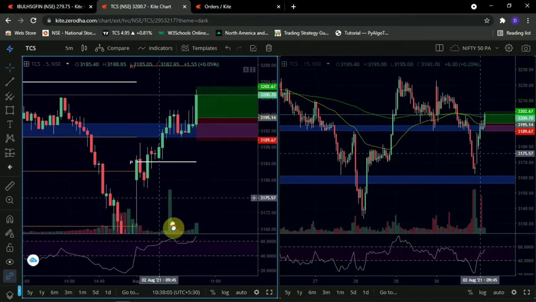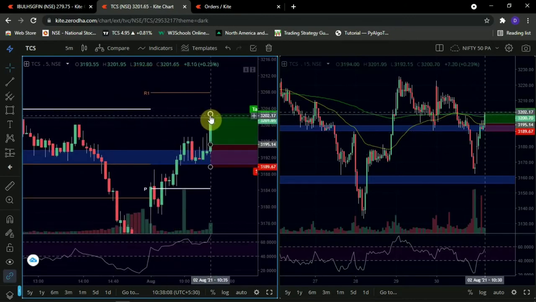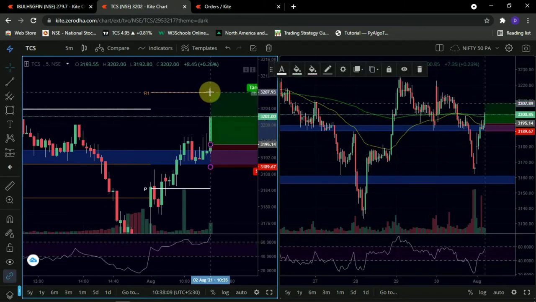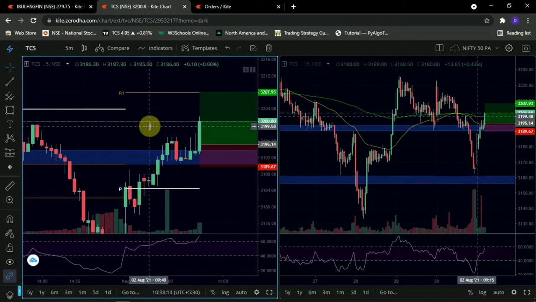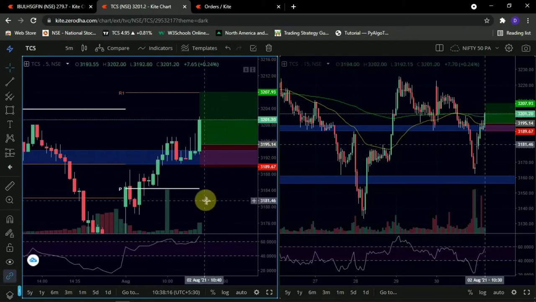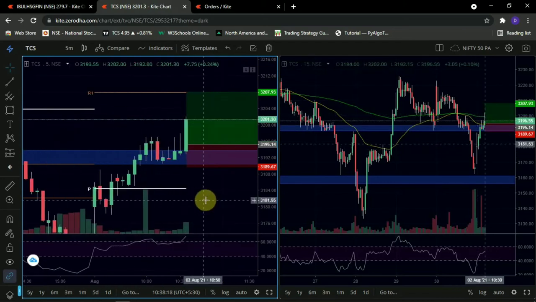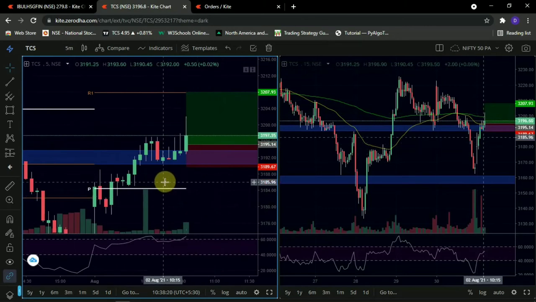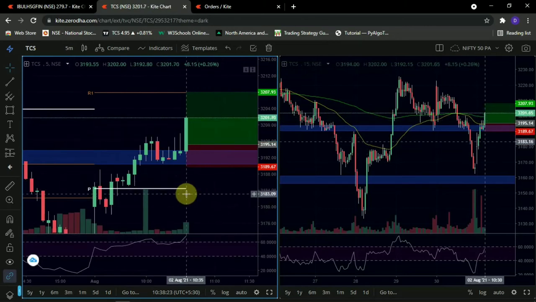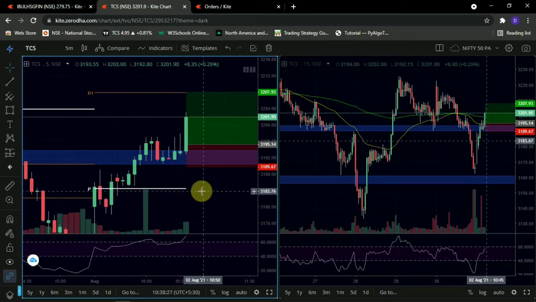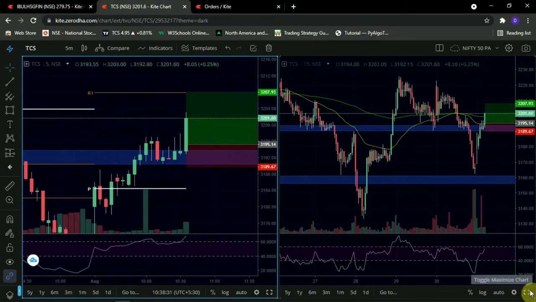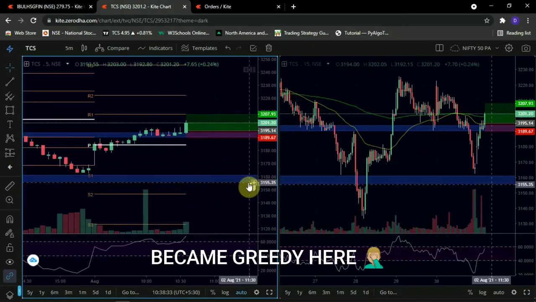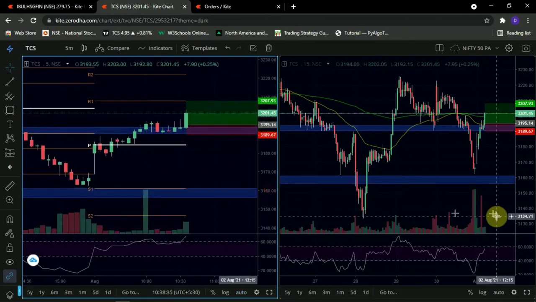Okay, and target is up to this level. You can see this is a very big candle. What happened here? This is again a fresh entry at this point. You can see it. So we are going good. Of course the target could be a little more, but let us see what can happen,